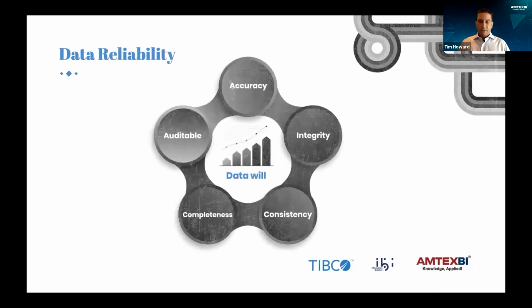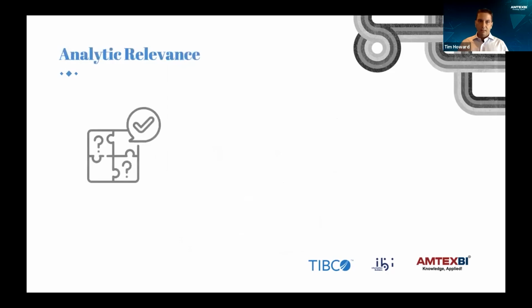Reliability. These are key things you'll look at, and they typically lend more towards a data quality type of exercise: the accuracy of it, the integrity of it, the completeness of the data. Is it auditable? Can I go back and see where it came from? Is it consistent? A lot of things from a reliability standpoint come in when we're looking at whether this is good data or not, and what type of preparation we have to do to get it into that state.